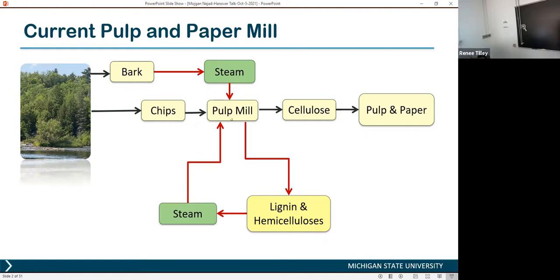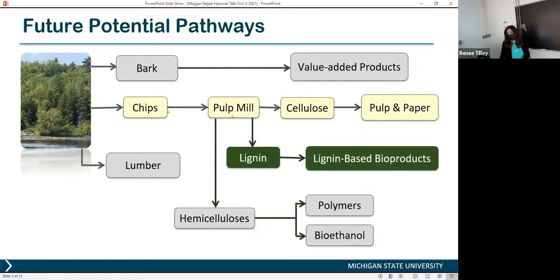They use the chips to get the cellulose part and make pulp and paper, and lignin and hemicelluloses, which are other main components of woody plants or other plants, they basically burn to make steam for the paper making machines. But in the future, we are hoping that most pulp and paper industry stop doing that, because